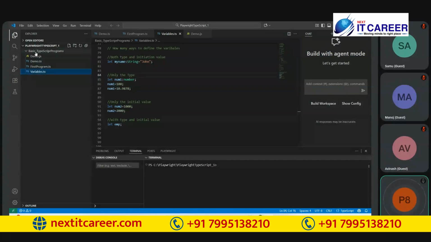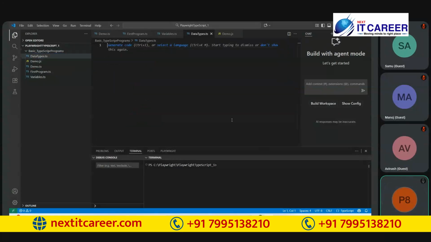Simply select a folder, create a new file. My file name is data types.ts.